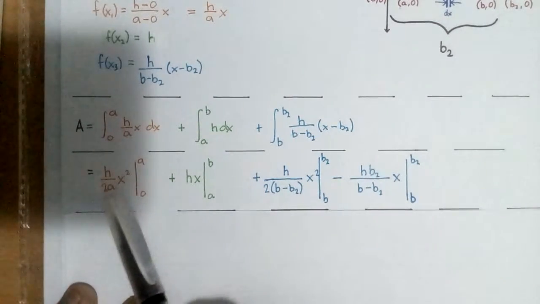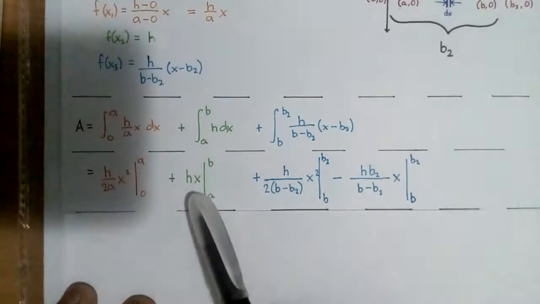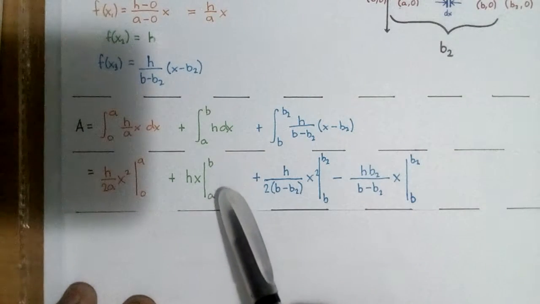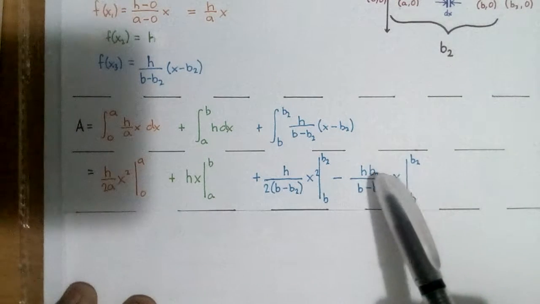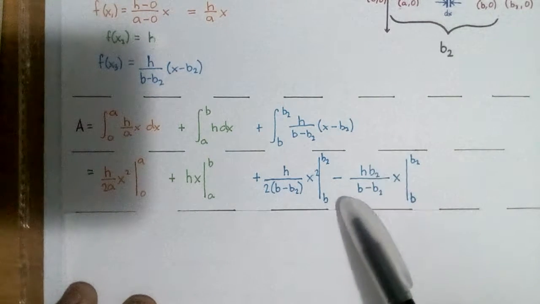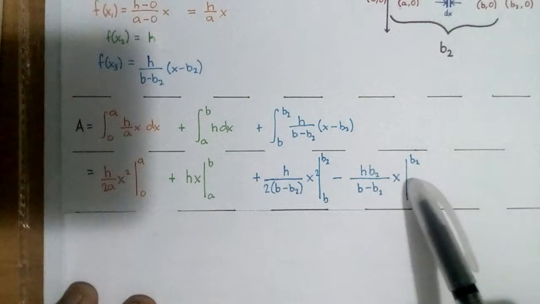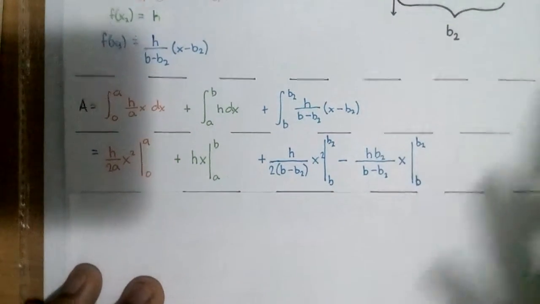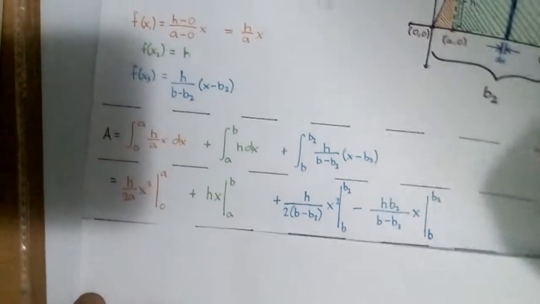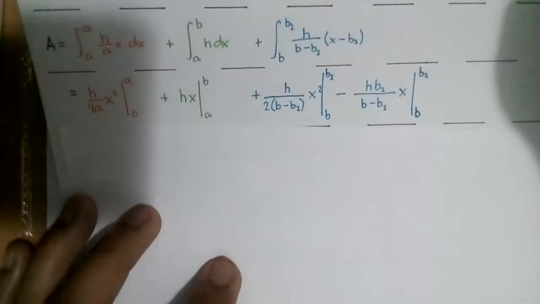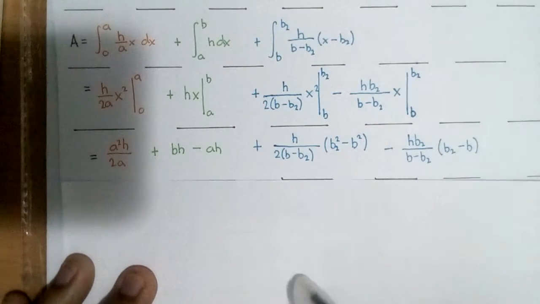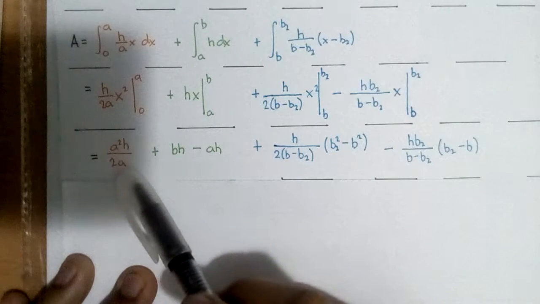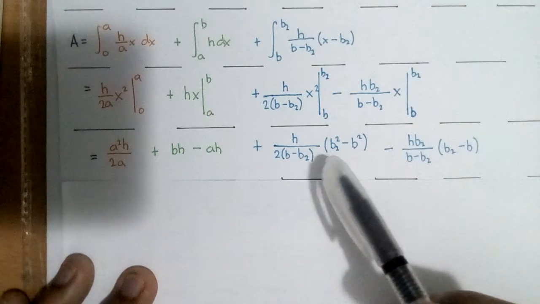h over 2a x squared, h x, h over 2 times b minus b2 x squared, and h b2 over b minus b2 x. Plugging in our limits to the equation, we get the following. So an a cancels, and since